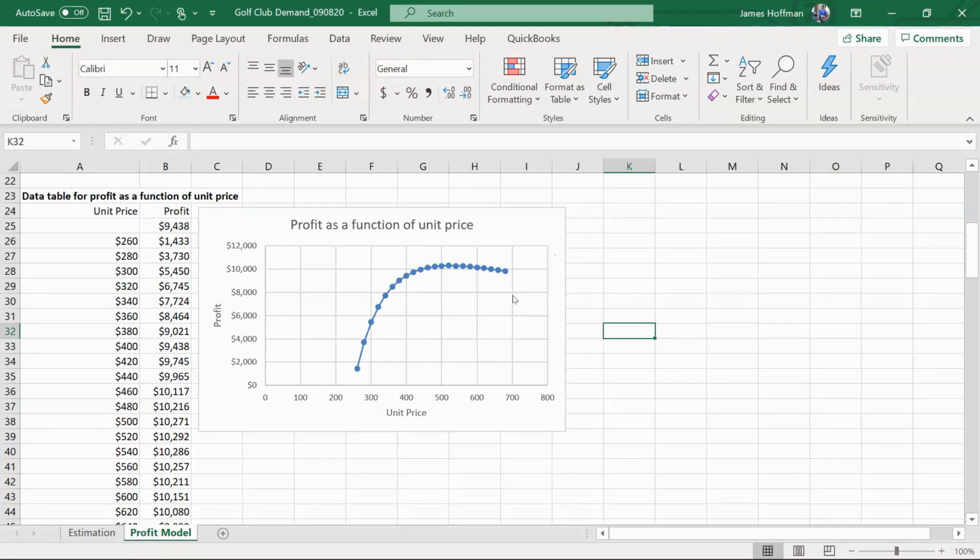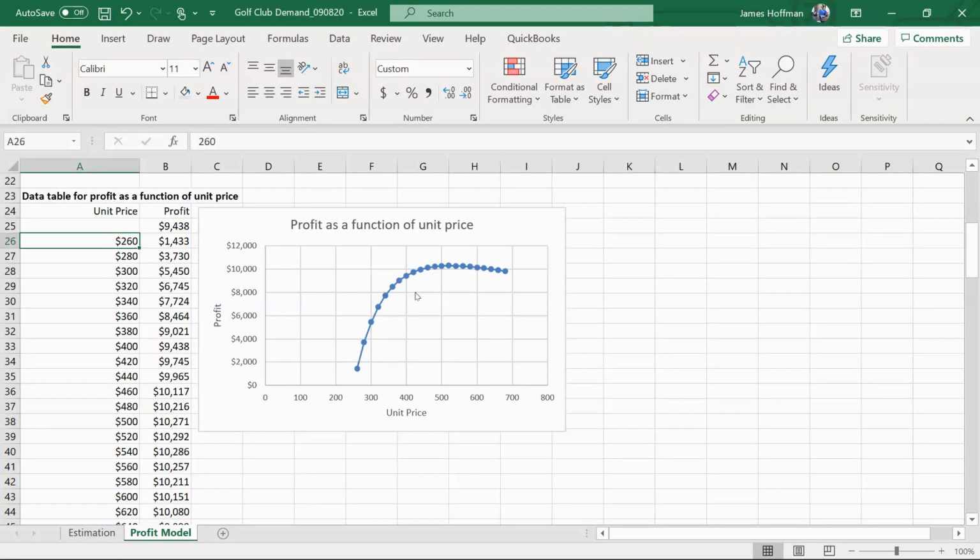Okay. Can it go up or down? When you change the unit price, you're saying it can go up or down, right? Well, so I'm saying that like we start with the unit price. Our possible unit prices are 260 to 680. All right, and so